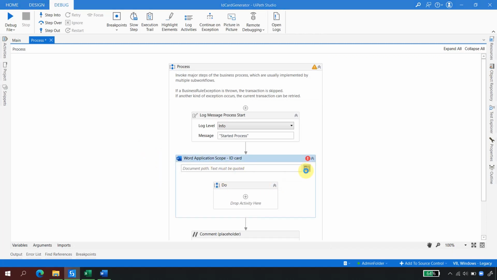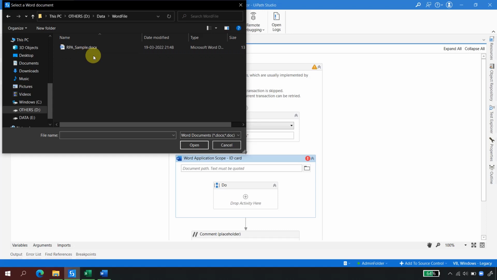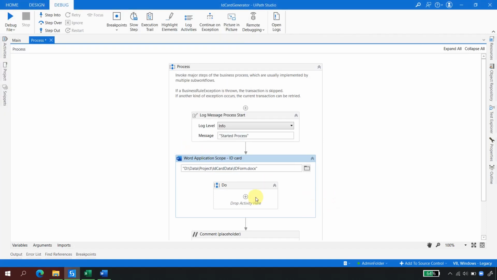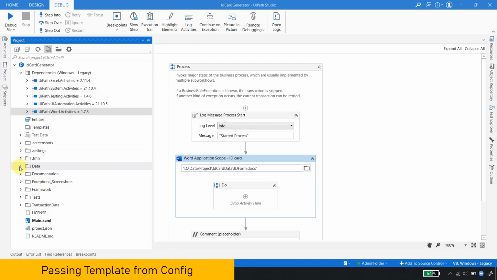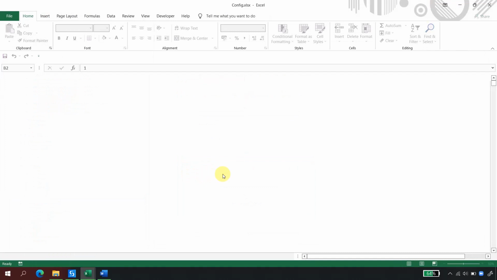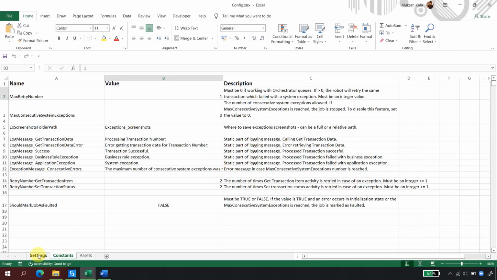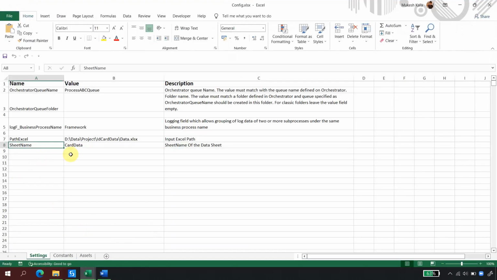So one way is I just go here and pass the document path like this, in the D colon data Word file. Sorry, my bad. In the project we are in, the ID card and ID form open, right? But we don't want to hard code. We already have the config file with us. So what I do, I just go back to the project. In the data you would have something which is called the config file, because as of now this ID card form is available here, right? Maybe in future it might change its location. So all such kind of things would be a part of the config file. So all you need to do is just copy this and go to the config, paste it here